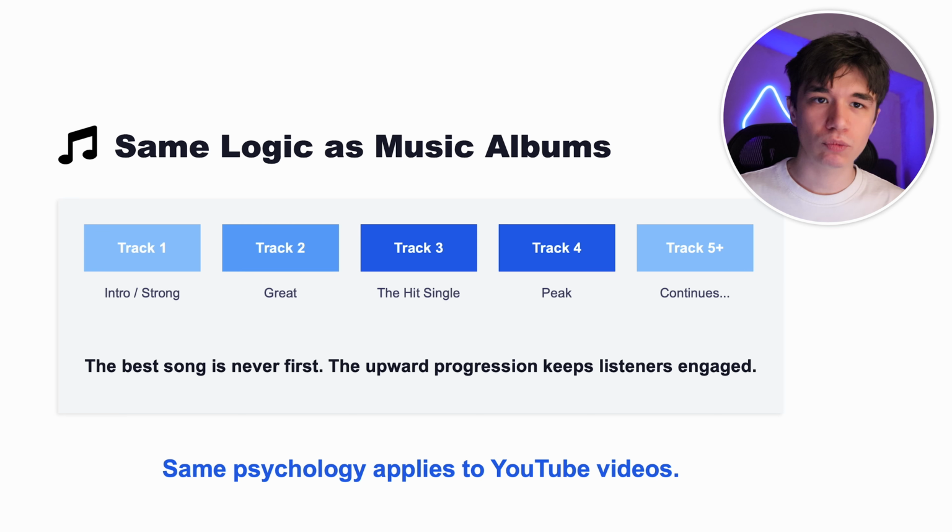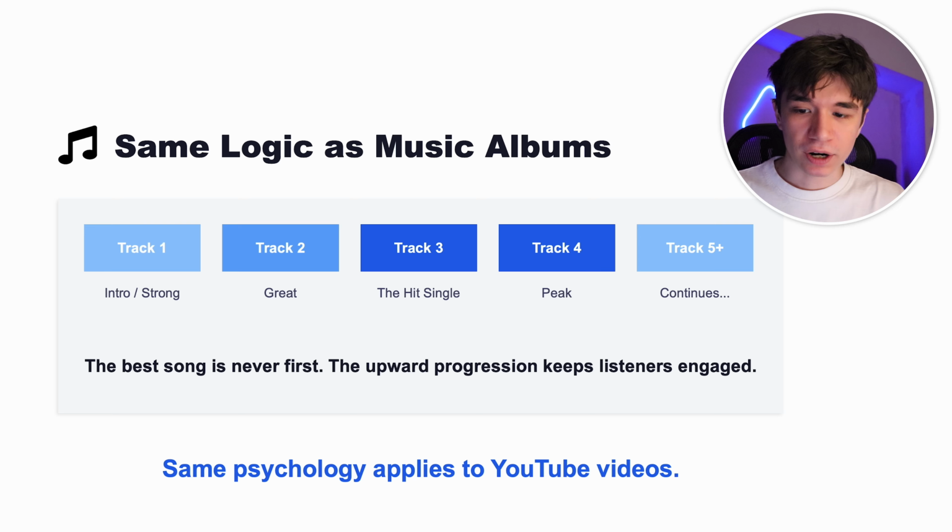It's the one everybody wants to listen to. But the way this album delivers value is that the intro is usually really strong, but then the second, third, fourth tracks are really good, but they're not the best ones on the album. The best song on the album comes after those first few that already delivered on the expectation, and then you hit the listener, or in this case, your viewer, with the best part of the project,